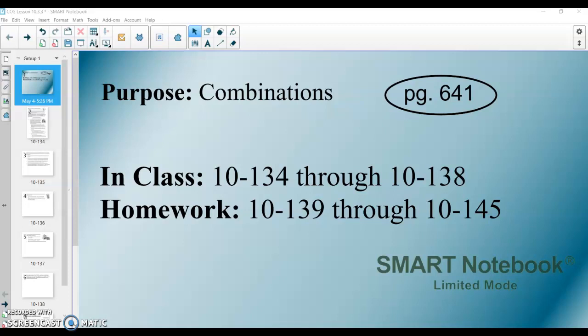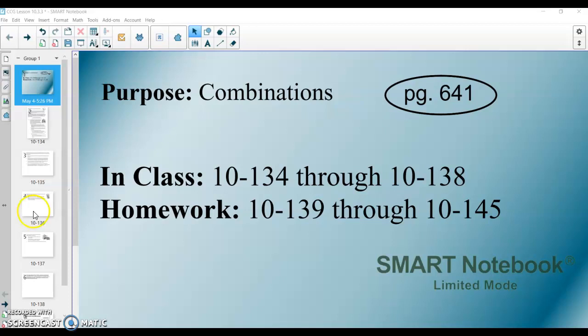Yesterday we learned that permutations were a specific arrangement where you cannot have numbers repeat, and the order in which those numbers or those choices are made is important. What you'll see here today with combinations is we still can't have numbers repeat, but this is the case where order doesn't matter. And so we had a problem like this yesterday, and we're going to take it a step